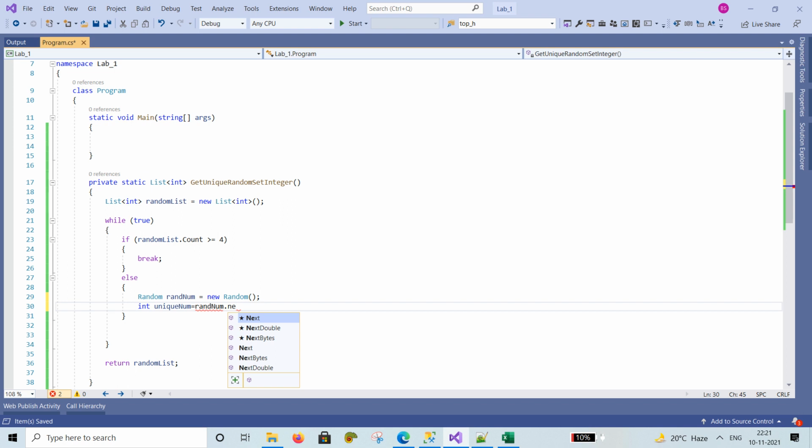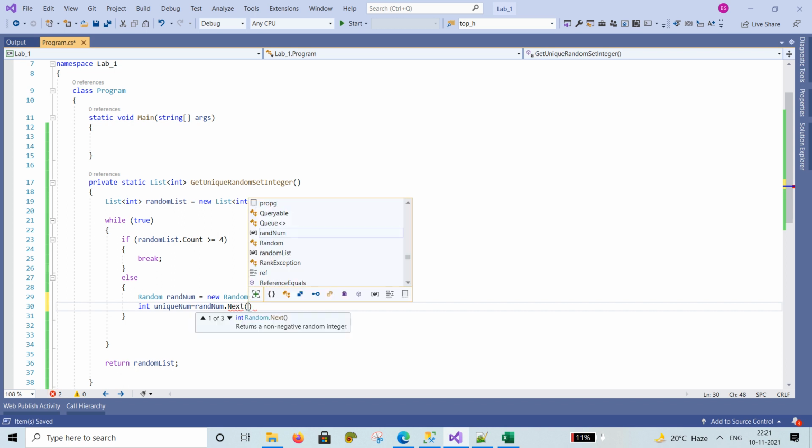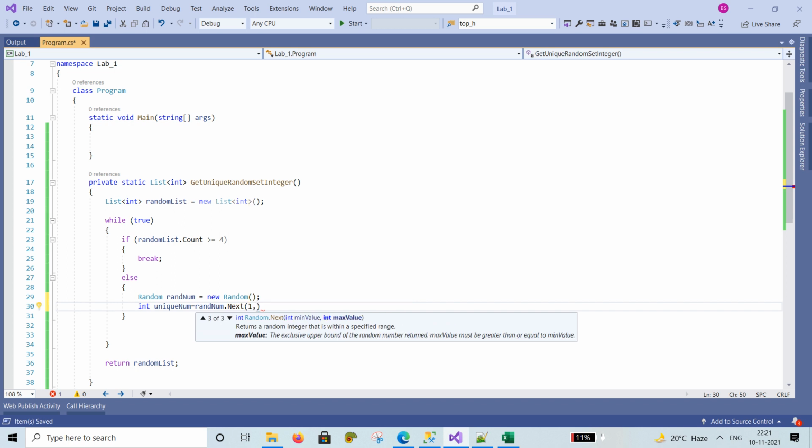Next is the method of the Random class. We want to generate a random number between 1 and 5 from here, and then we will add it to a list.